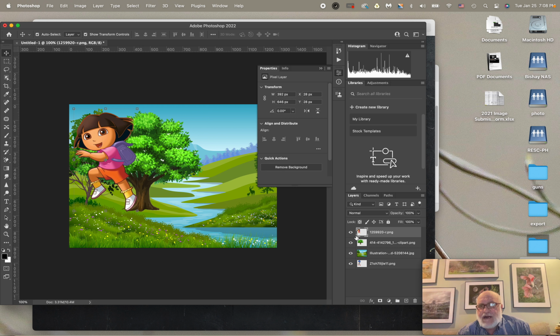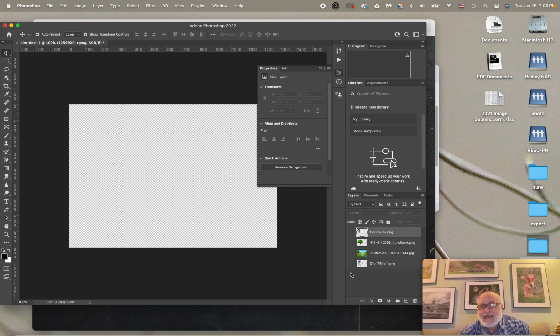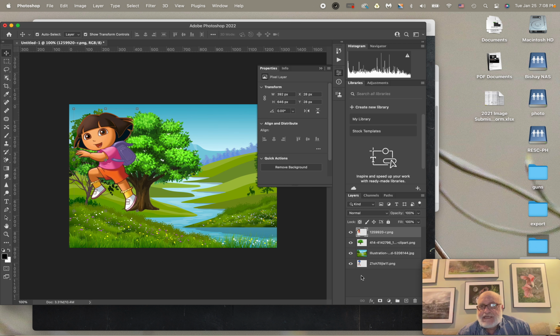Now, as those layers come in, there are several things we can do, just to introduce them in general. One, I can click this eye off, which means hide it, or reveal it. Or I can hold the left mouse button down and drag, and I can hide all of them. Or I can just click on each one to reveal them. You can also move the layers around, so I can just arrange them any way I want them. All right, so let's hide all the layers except one,